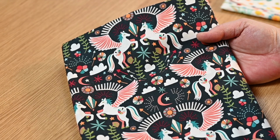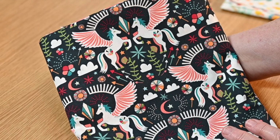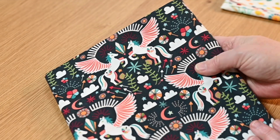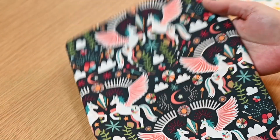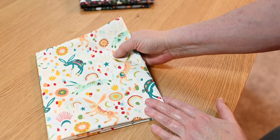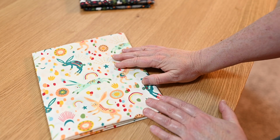So this is this really sweet Pegasus, and it's got this really cool diamond going on up here, and I like these designs that are symmetrical, or they are symmetrical actually, and so they're like mirror image of each other. I really like this. And then I wanted a light and a dark, so I went with the rabbits. This is very outside of what I would normally select. I know you might not think that based on my choices with Ruby Star, but this is a very different,